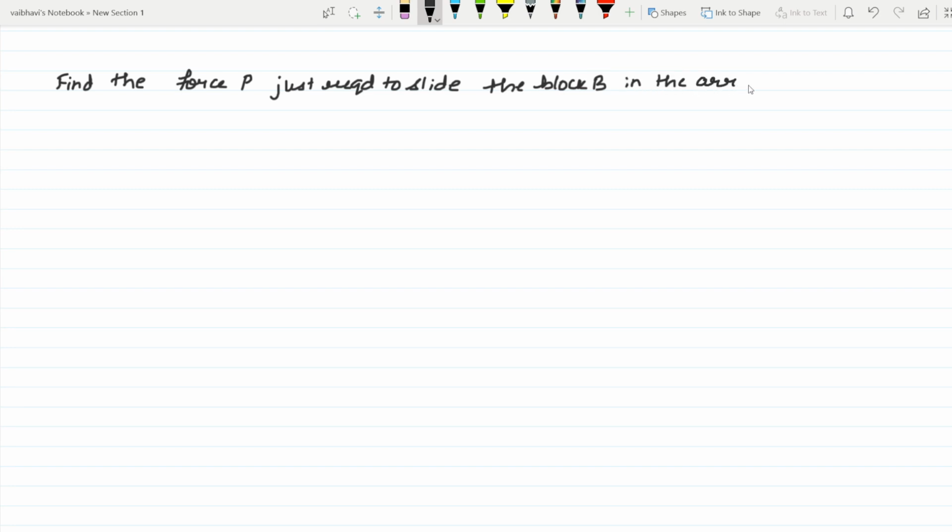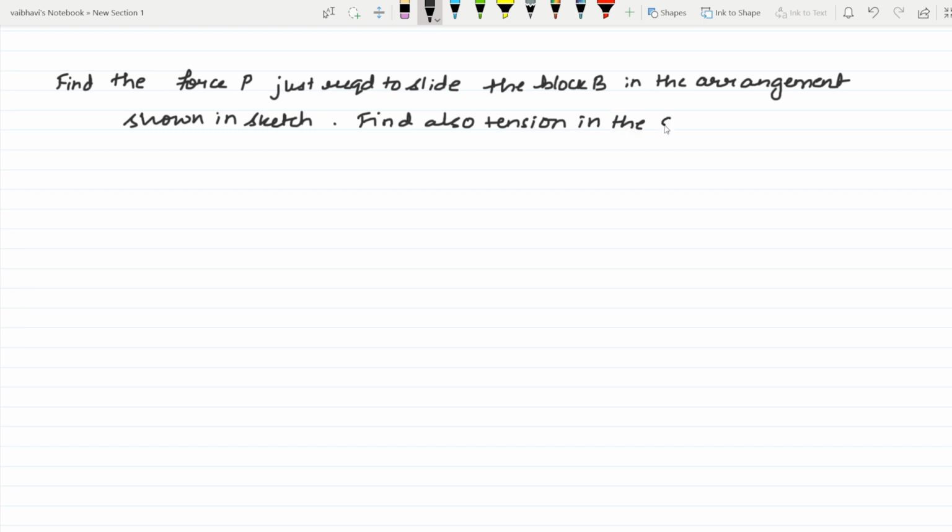Find also the tension in the string. Okay. So the sketch given here is